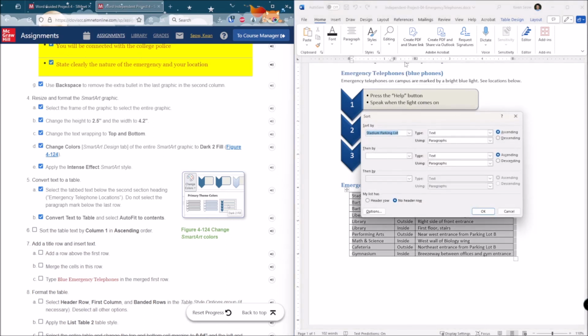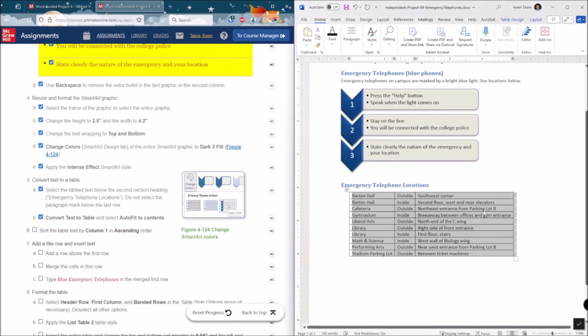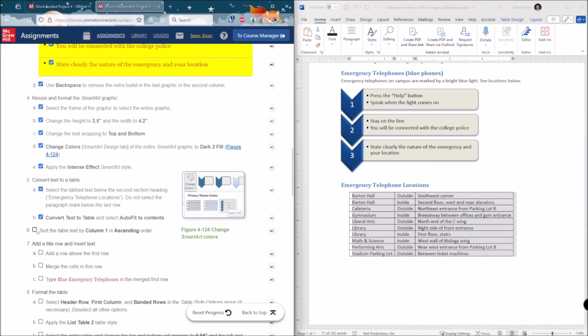So click on that, and then that's going off of step 6, sort the table text by column 1. So sort by column 1, and then select ascending order. And there it is. It went ahead and rearranged the contents based on alphabetical order.